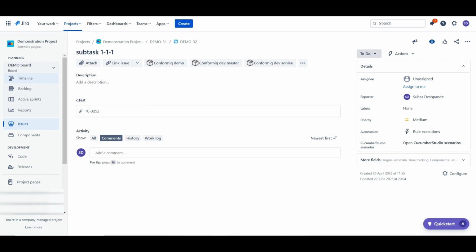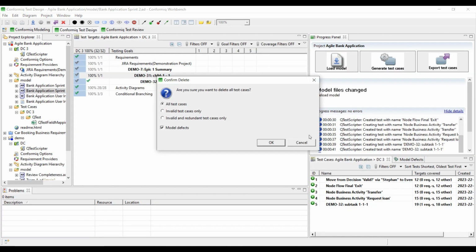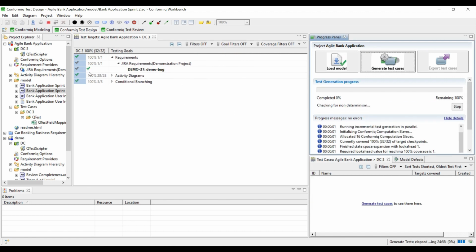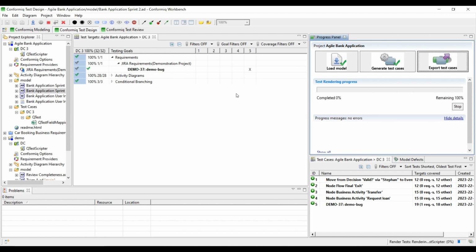So we need to go to the Creator here. As you can see now, I have created a new bug. Place this demo bug within this open new account, save this flow, and then come back to the test generation and generate the test cases once again, so that the demo bug is being covered. As you can see now, we get to see the coverage being successful, which is being covered in the test case file. Now if I proceed with the exporting of test cases with this Jira requirement,